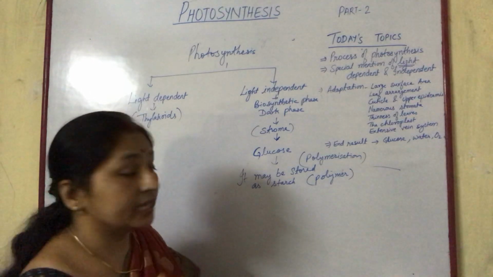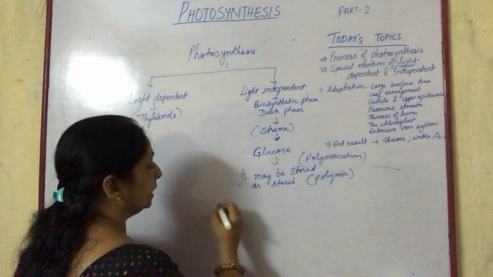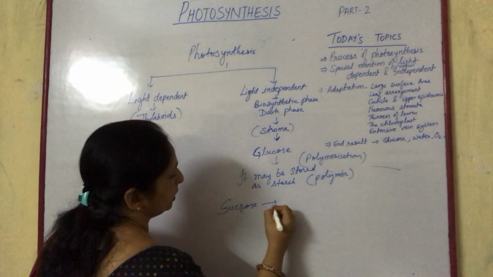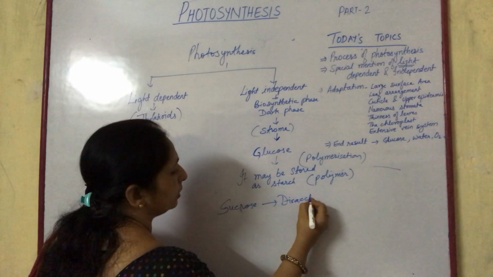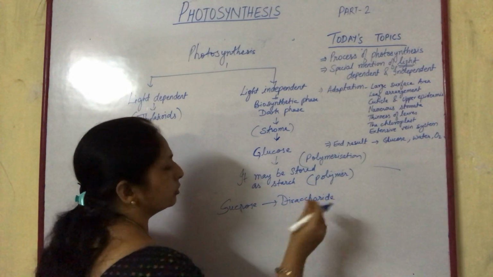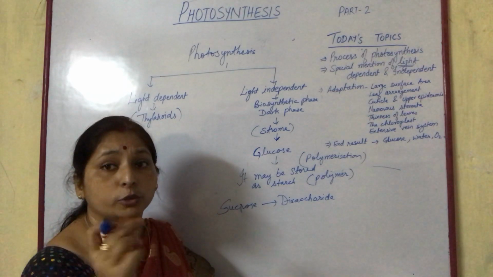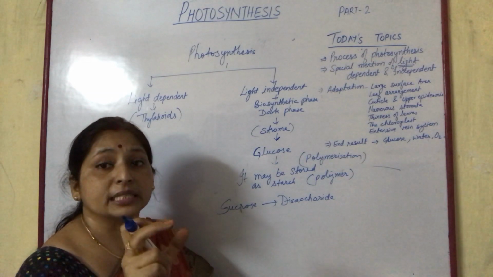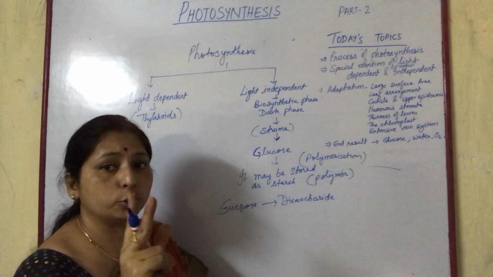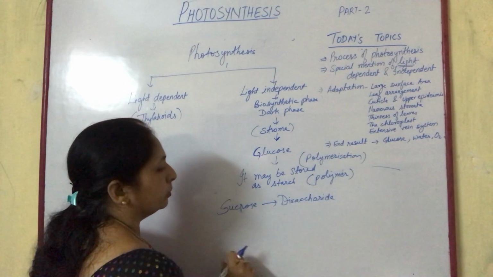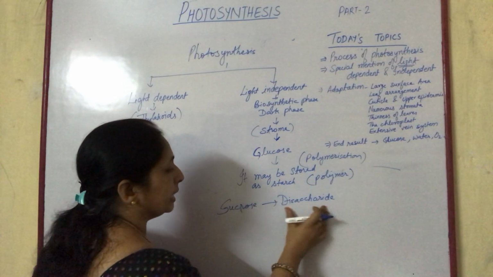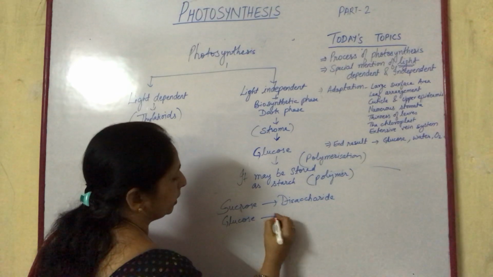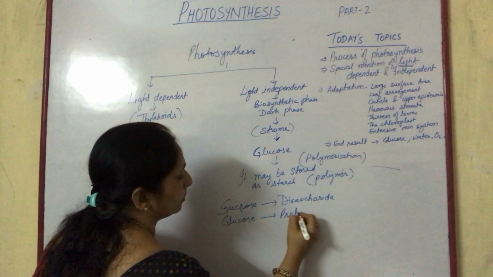But in some plants the glucose is converted to sucrose, which is a disaccharide. Saccharin refers to sugar. A monosaccharide is a single unit of sugar, such as glucose. Two units of sugar together form a disaccharide. Di means two. This is a disaccharide. Then in some cases the glucose may be converted into proteins, or